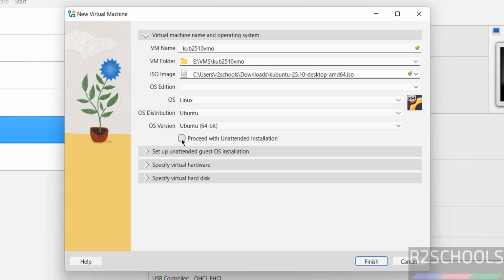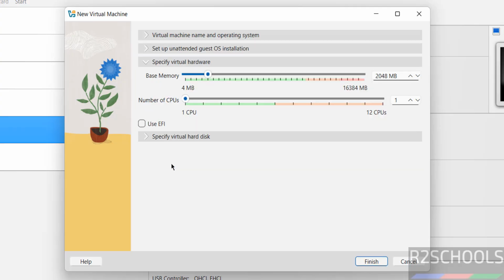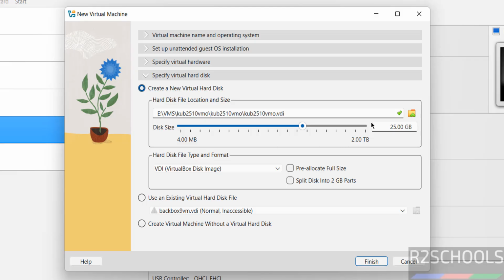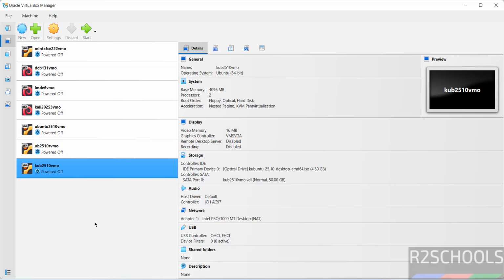with unattended installation. Then specify hardware. I am giving 4 gigabytes. Number of CPU equals to virtual hard disk size. I am giving 50 gigabytes. Then click on finish. Still, if you want to modify the settings of this virtual machine, right click and select